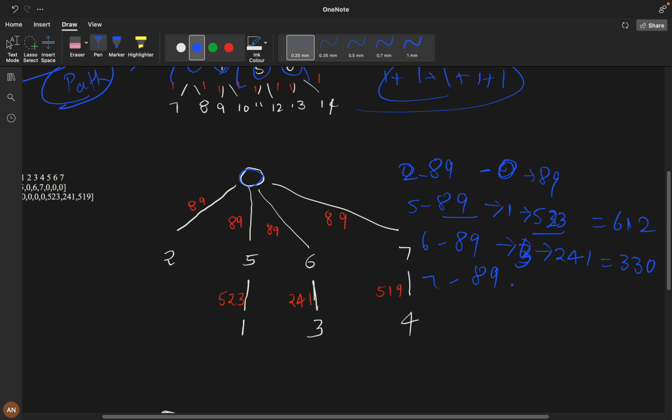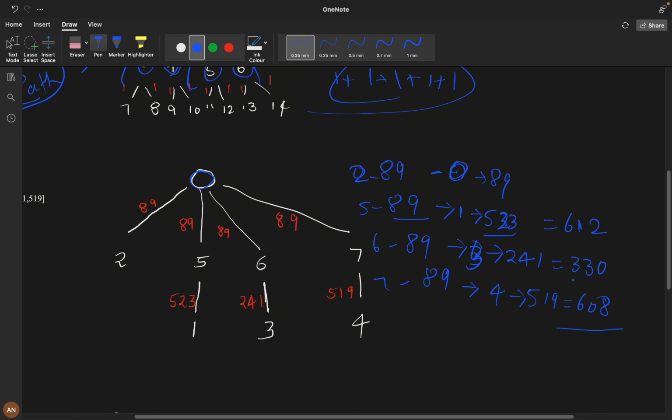And 7 can inform 4, but it will take 519. How much is that? 608. So if you see this, how much is it taking? Maximum 612, right? So I will say that it will take 612 minutes to spread all the news.